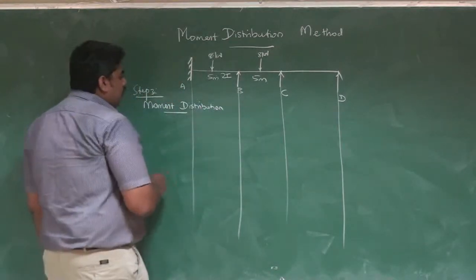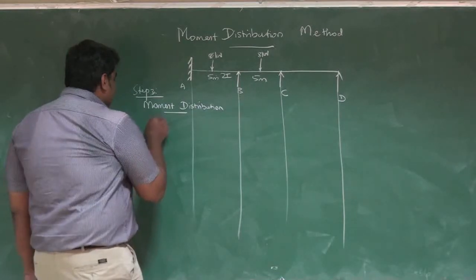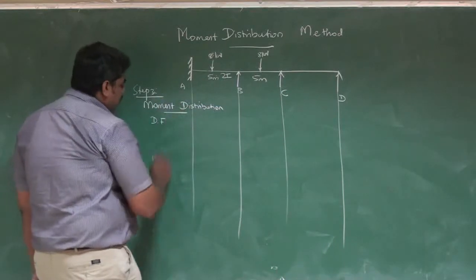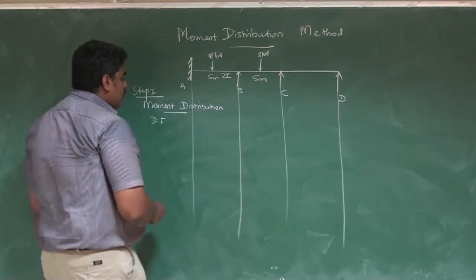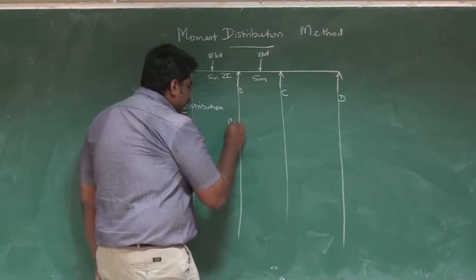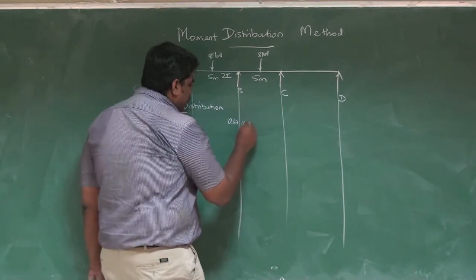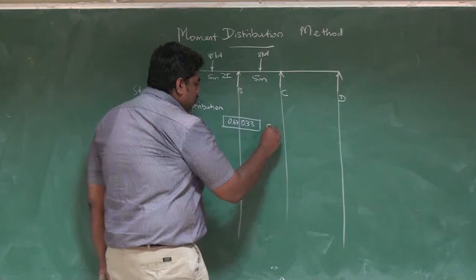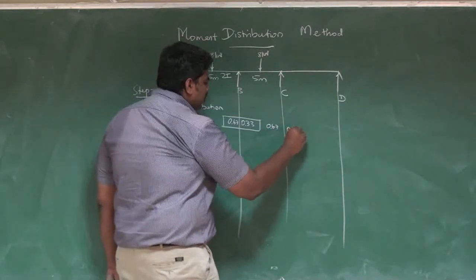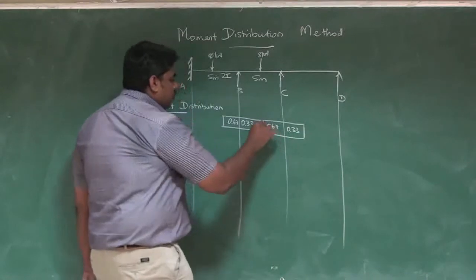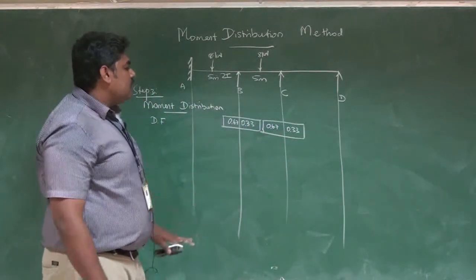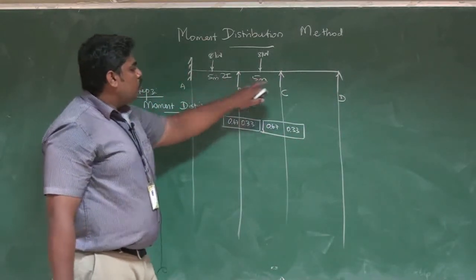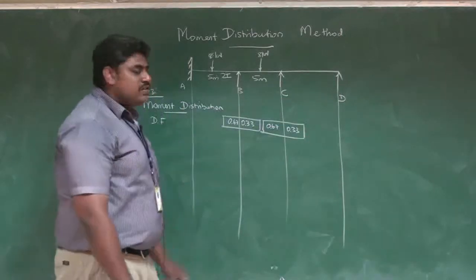So the first thing you have to write in this overall diagram will be the distribution factor. It is going to be a table. You use the left side for writing the description of what you have inside the table, right? So distribution factor, let me write 0.67, the second value which we have obtained, and 0.33. So this will be the distribution factor, and here also we will have one more distribution factor assuming these values, right? The values I have written are assumed values, and the problem here is one end is fixed, two continuous supports and the last end is hinged, right?